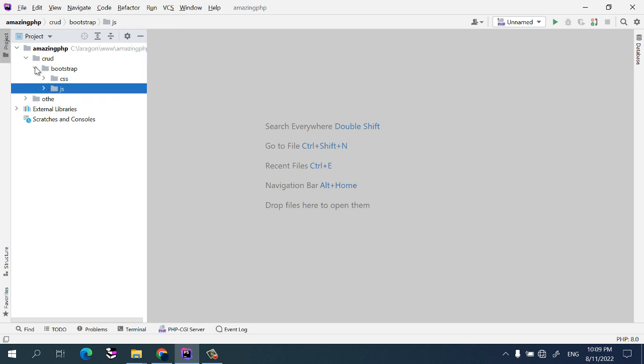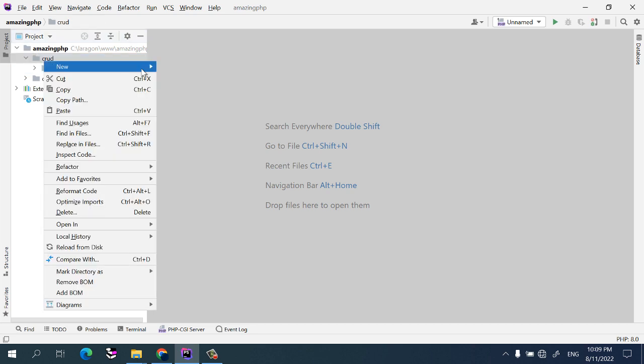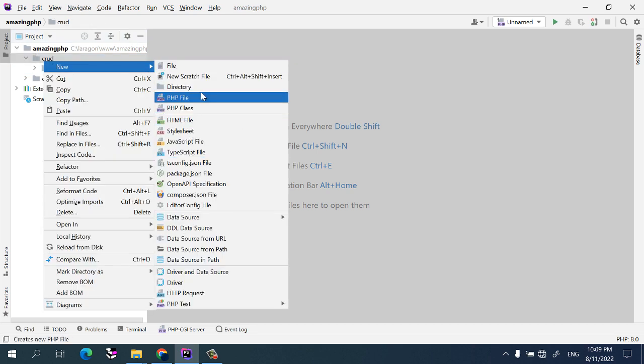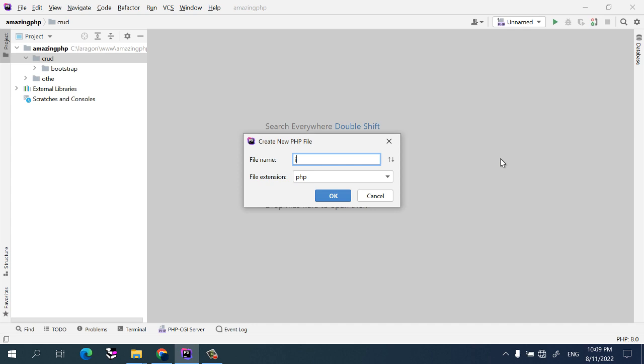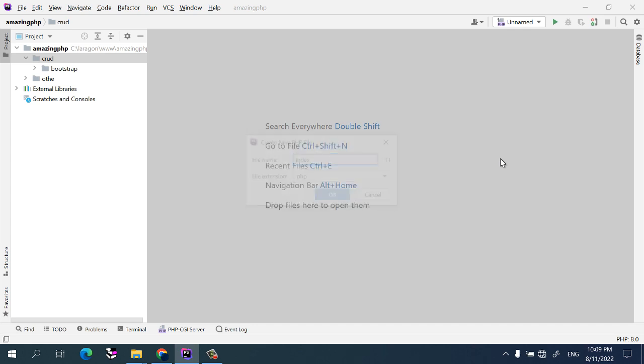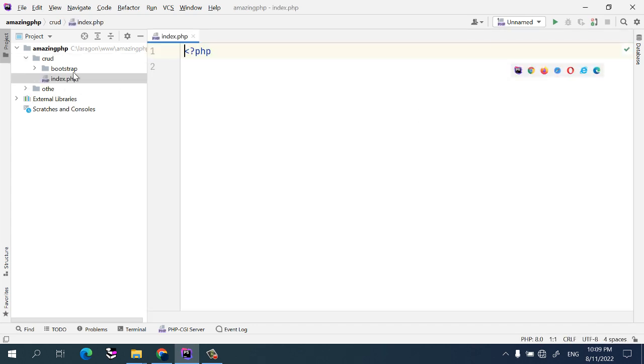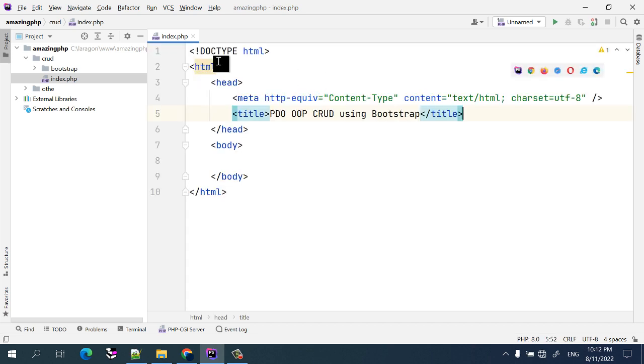Next, we are going to create our index file. We create a PHP file. We name it index.php, which will be the main file for our project. When someone visits our site, it will definitely open this file. After this one, we need to create our very first basic page. I created a